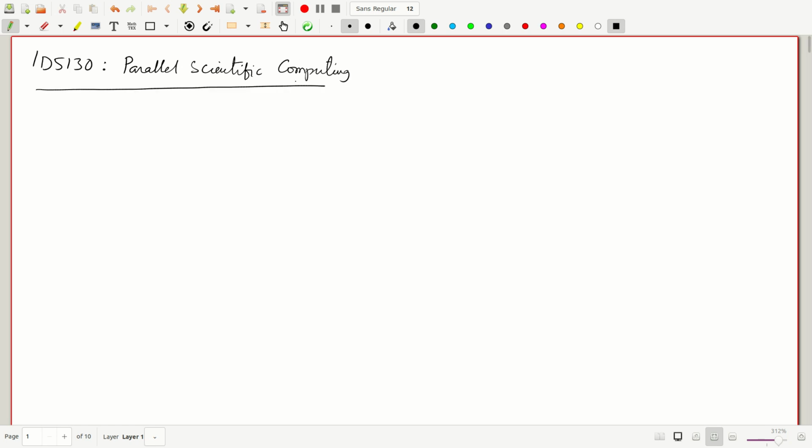So let us continue our discussion on MPI derived data types that we started yesterday. Essentially, we were referring to our trapezoidal rule program